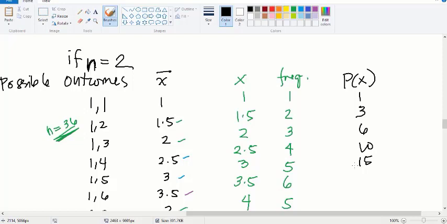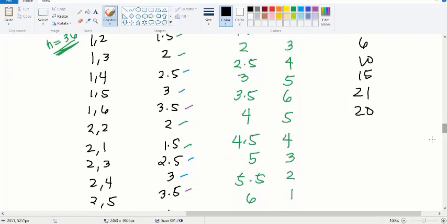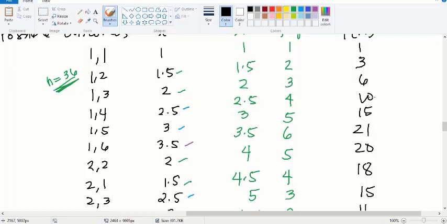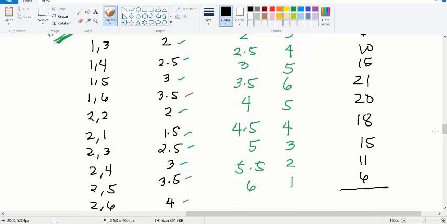Let me use my calculator. Hindi ko pala siya kaya mata-matahin. No? Okay. 21. And then, 4 times 5, 20. Okay. 4.5 times 4, 18, 5 times 3, 15, 5.5 times 2, 11, tama ba? And then 6, i-add mo ito lahat, paki-add na lang, okay, 1 plus 3, 4, 10, 20, 35, 35 plus 21, plus 20, plus 18, plus 15, plus 11, plus, ano yung sa last? 6 ba? Okay, 6. Is equals to